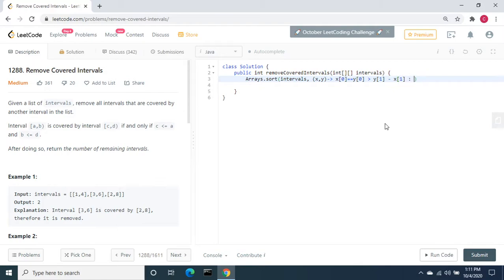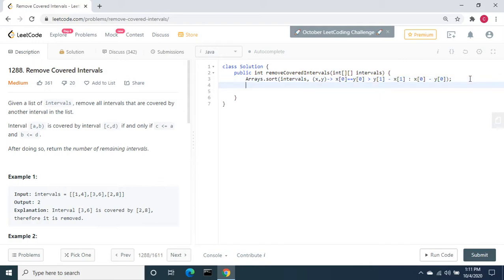Otherwise, return x[0] minus y[0]. This line will take care of sorting it. After sorting, it will be [1,4], [2,8] and [3,6].